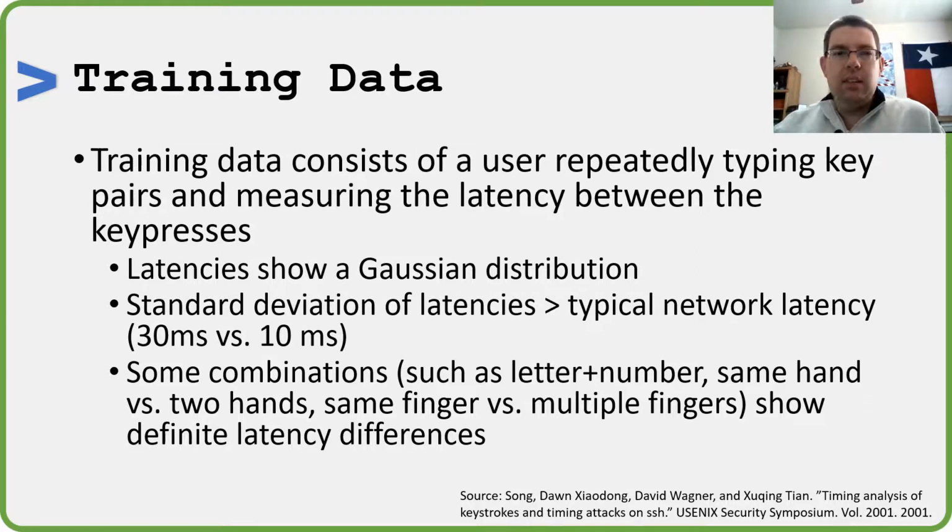If you're typing two characters, one with one hand and the other with the other hand, that is really fast. If you're typing with one hand but the two characters use different fingers, that's also pretty fast. But if you're using a single finger, and in the worst case, a single finger going from a letter to a number, or vice versa, then that